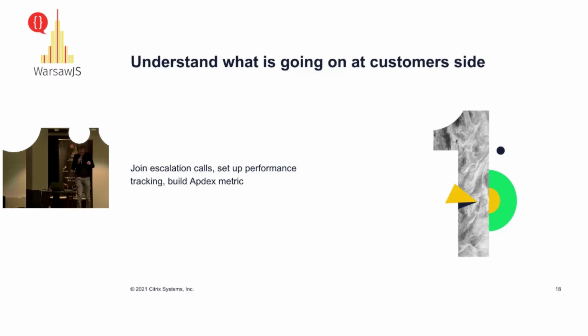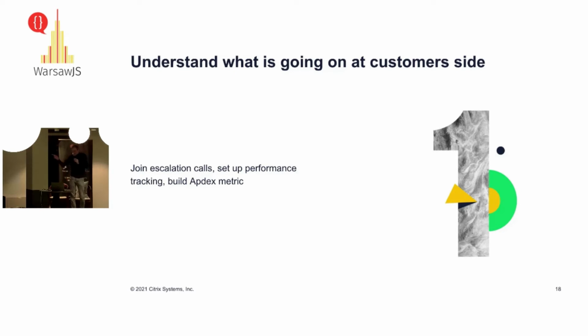So the first thing that we tried, we sent developers to customer escalation calls. And that's exactly how we discovered this interesting problem with 4K displays. Because from the very first second of this call, when they started screen sharing and we saw this huge viewport, it was pretty clear to us what the problem was. We don't have 4K displays in regular life for testing purposes, but they have them in their real life.